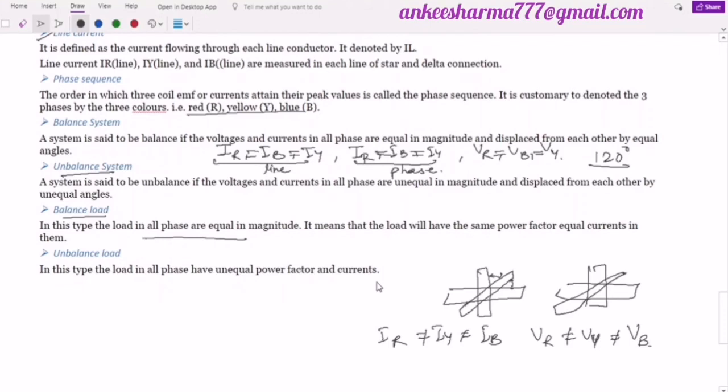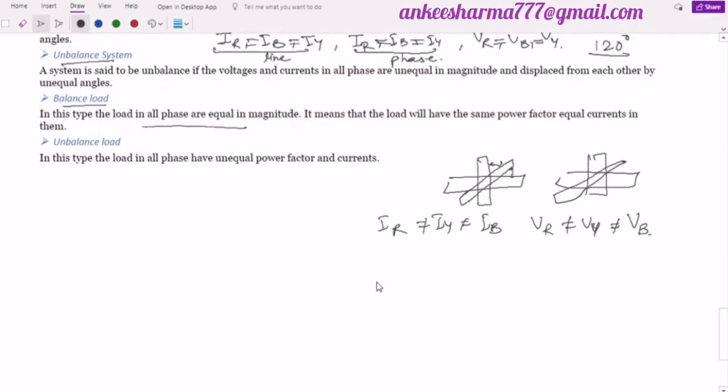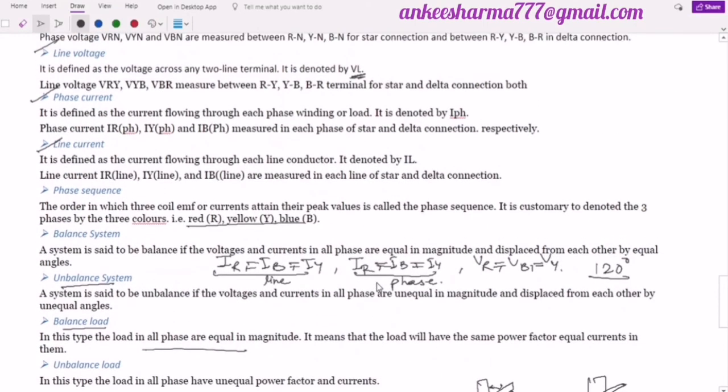Whenever we discuss these loads, we always discuss the power factor. When we say that the loads have the same power factor and equal currents in them, then we say it is a balanced load. When we have unequal power factors and currents in them, then it will be the unbalanced load, right? So this is all about the basics of